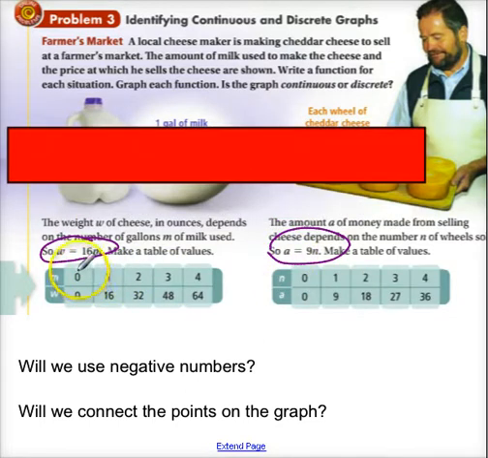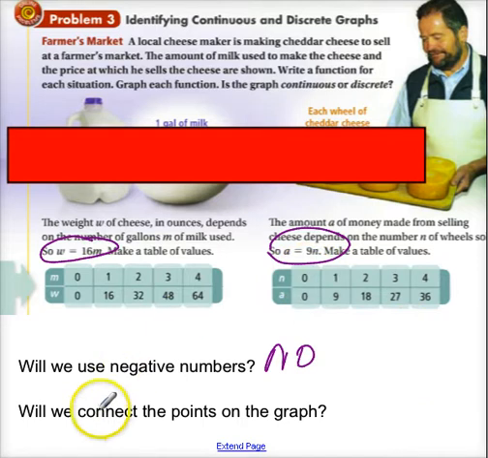If I put 0 pounds of milk, I've made 0 cheese. If I put 1 pound of milk, I've made 16 ounces of cheese, and so on and so forth. If I sell 1 wheel of cheese, I make $9. If I sell 2 wheels, I make $18. Okay, so that's how we interpret our two tables. We don't want to use any negative numbers in this situation because we can't have negative milk and we can't sell negative wheels of cheese. So notice they started at 0